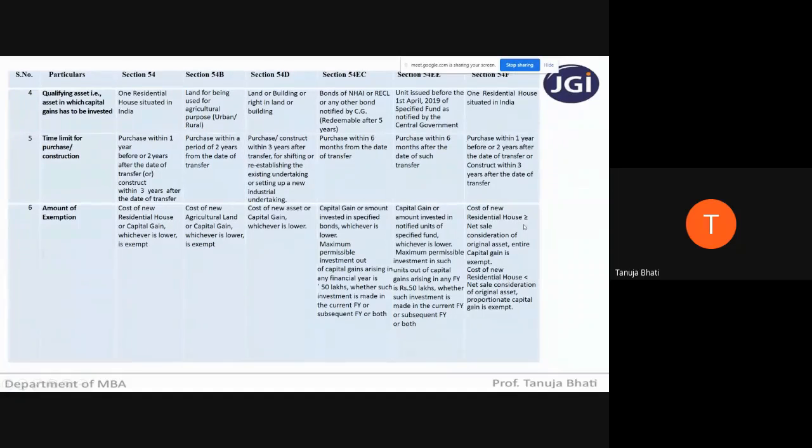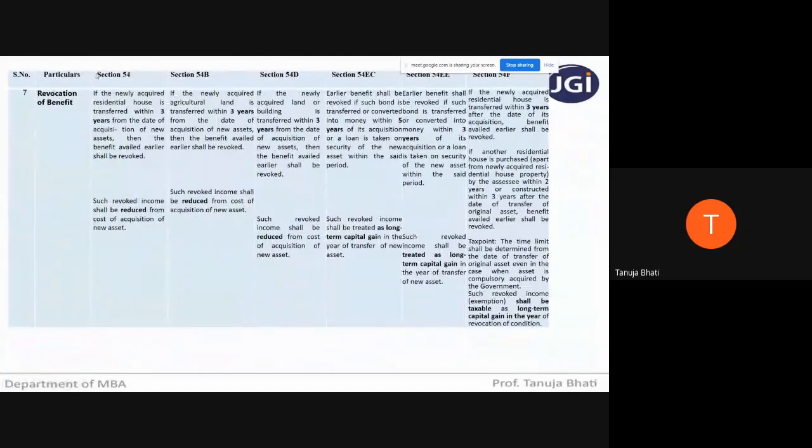If the cost of the new residential house is more than the net sale consideration, the entire capital gain is exempt. And if the cost of the residential house is less than the net sale consideration, then only proportionate capital gain is exempt. And you all know in what it has to be invested and what is the period of investment. The last important thing that we need to consider is that whatever exemption you're getting, based on the fact that you're investing your capital gains in some other asset,